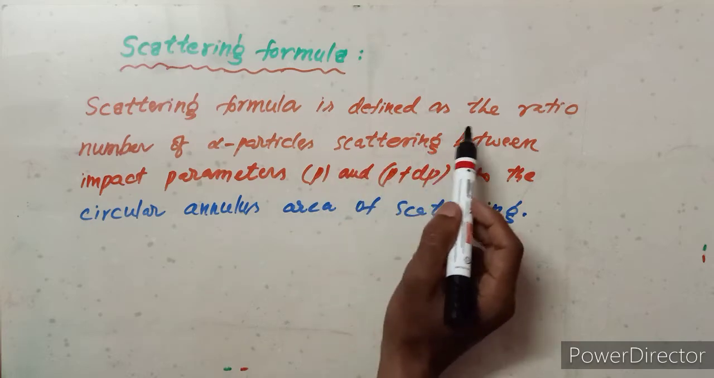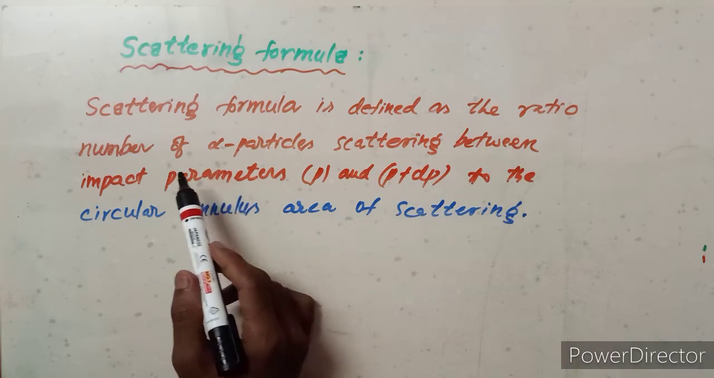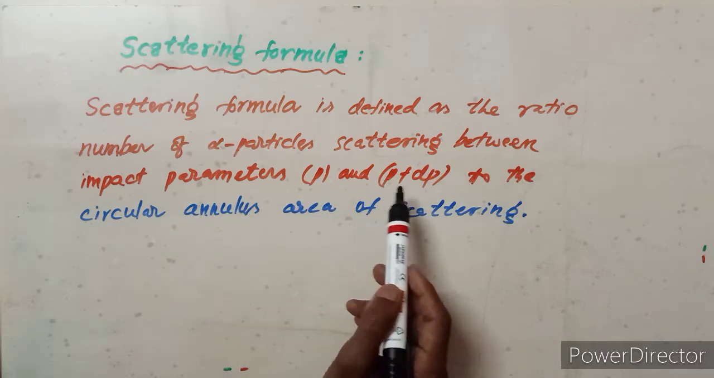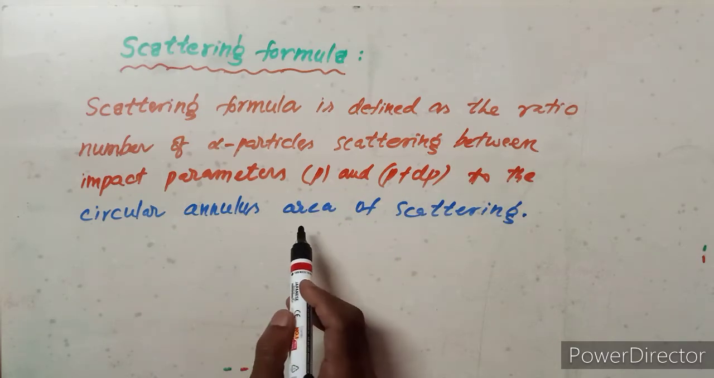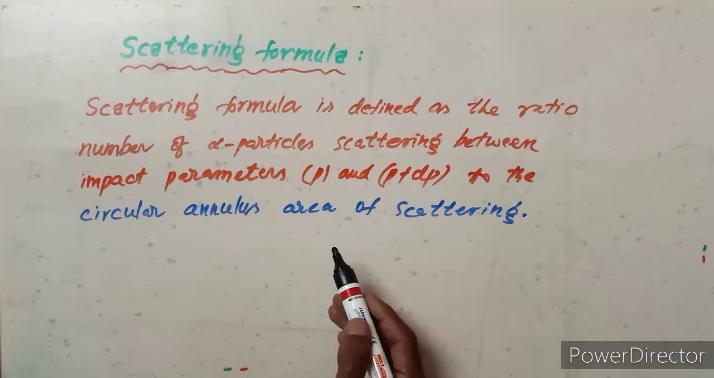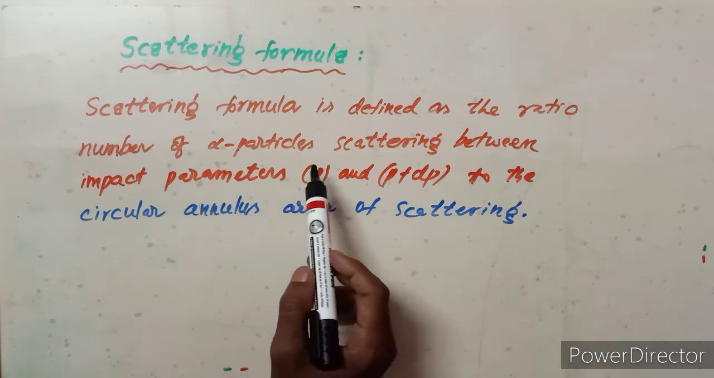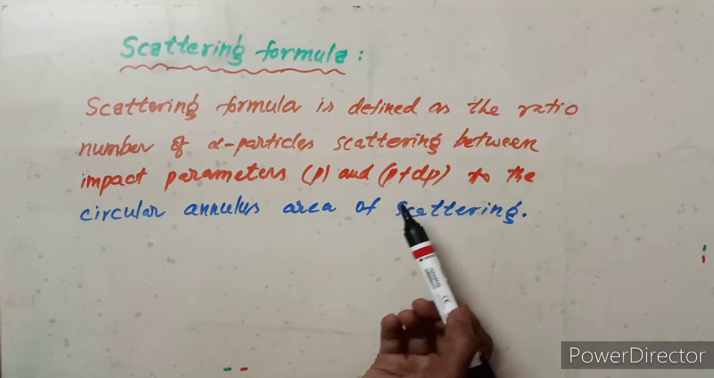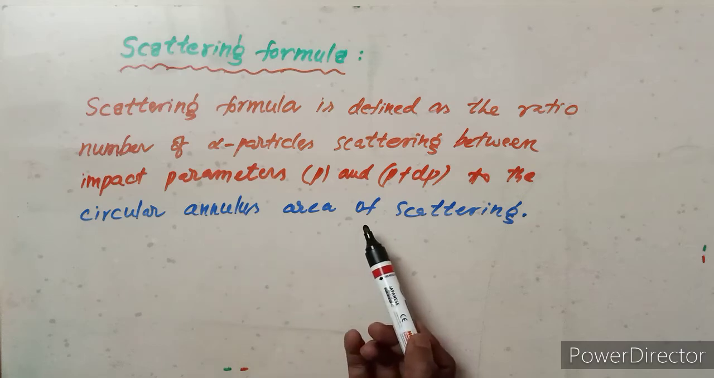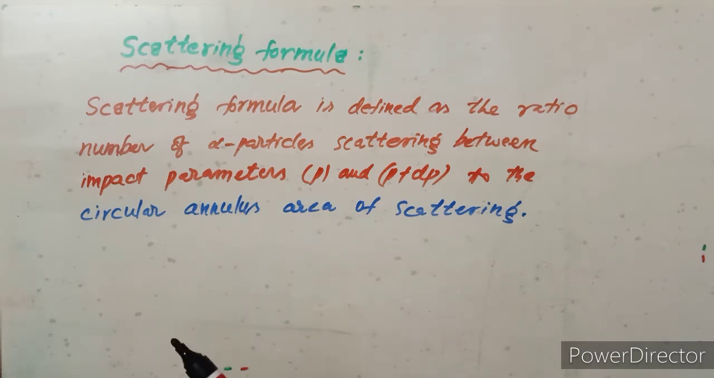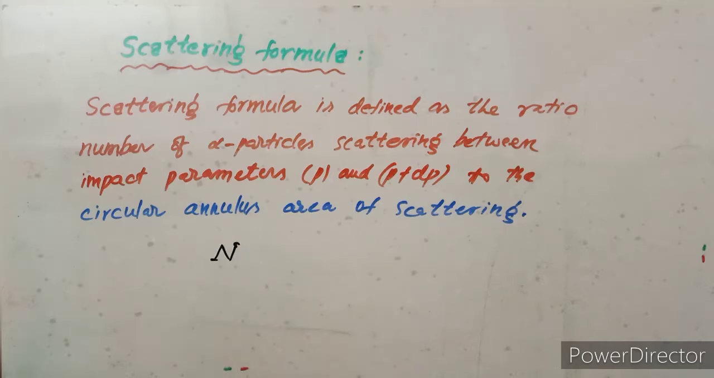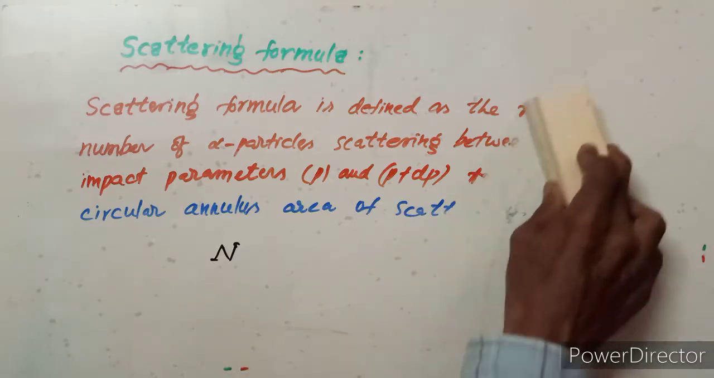The scattering formula is defined as the ratio of the number of alpha particles scattering between impact parameters P and P plus dP to the circular annulus area of scattering. So the number of alpha particles scattering between impact parameters P and P plus dP upon the circular annulus area of scattering is the scattering formula. It is denoted by N. So from the definition of the scattering formula,